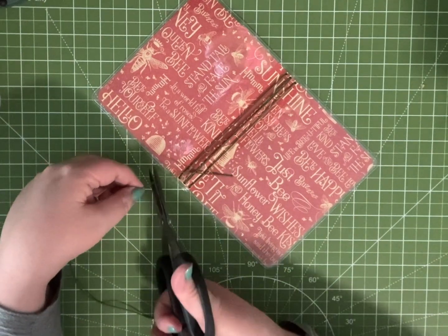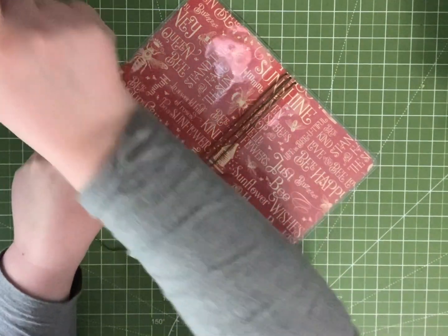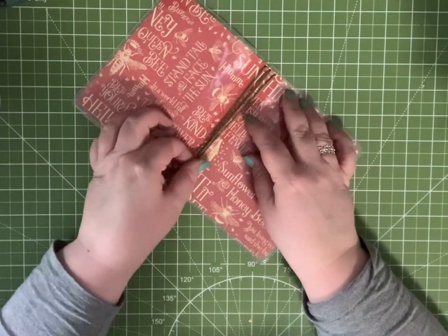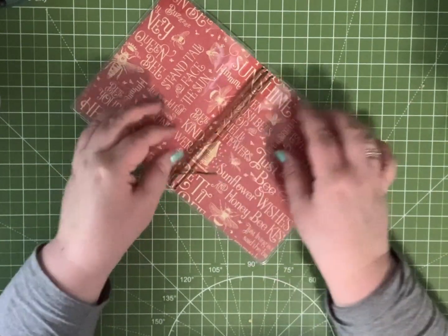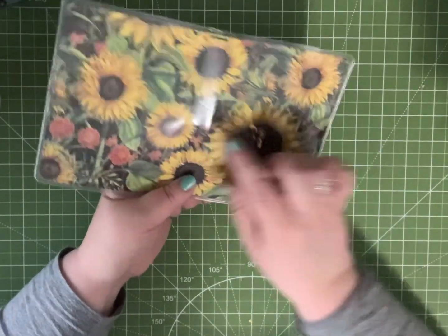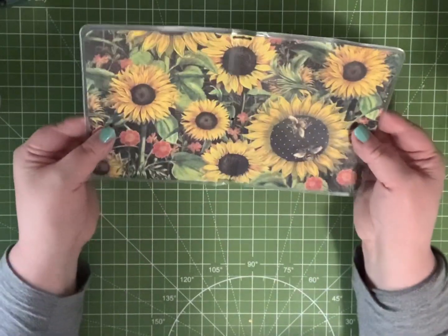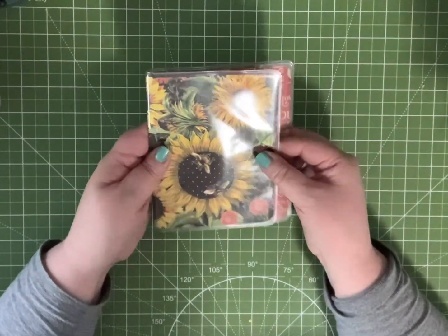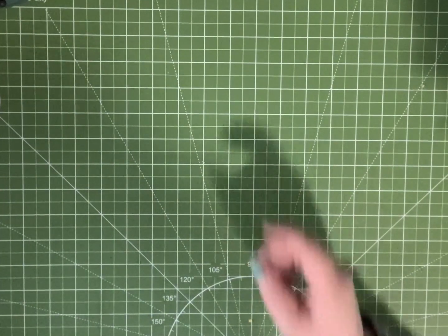Cut off the excess, well, some of the excess, but I'm going to leave it just in case I need to loosen it or tighten it. But I think it's pretty good. So that's the basics for the cover. I'm going to put the closure on last, but pretty simple, right? And super cute. Now for the inside,